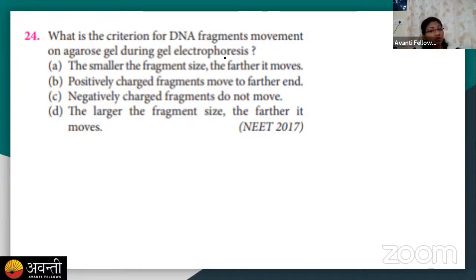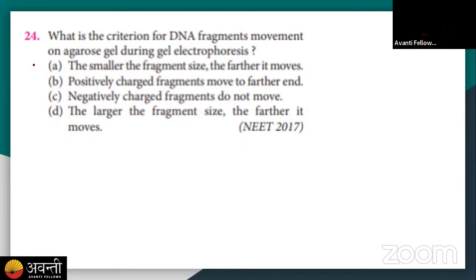Option B, the positively charged fragments move to the farther end. Option C, negatively charged fragments do not move. And option D, the larger size fragment moves farther, that is, it travels the longest distance. So we have just discussed the small